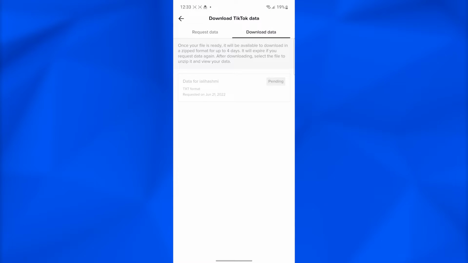Once you click on request data, TikTok's team is going to gather all your data, and you will be able to download it on your phone by coming onto this page once again after a few days, and then you will see a download option. When you see that download option, you will be able to download a zip file which is going to contain several .txt files. You simply open up the one that is named video browsing history.txt,